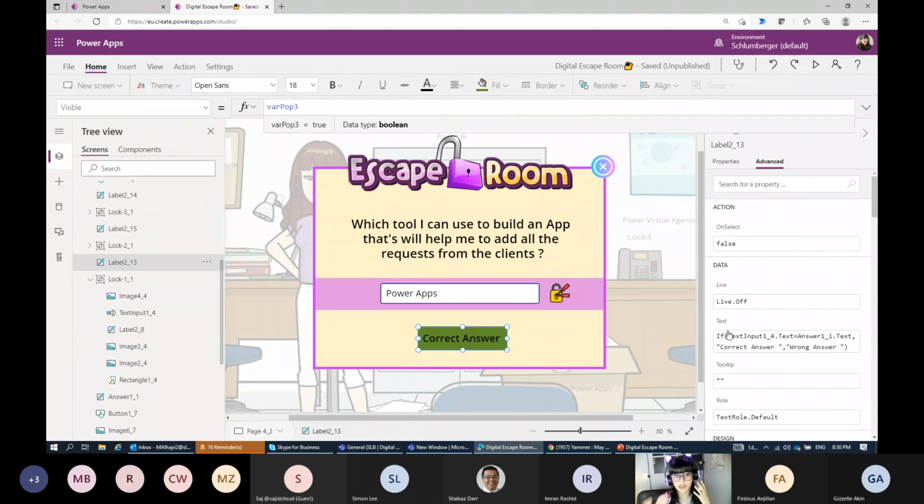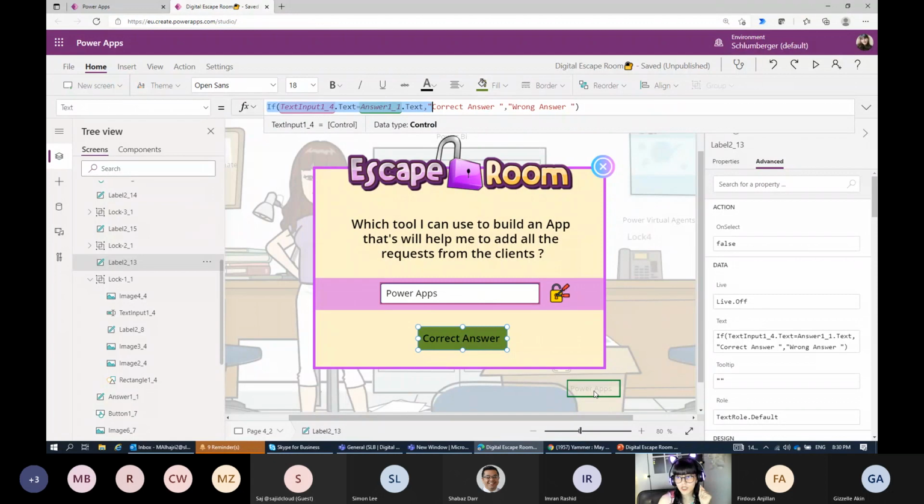Okay. The question here, how can I make it green or red and correct answer, wrong answer? How can I do this? It's really easy. You just need to change something within the text and the color actually. For the text here, I'm doing the same thing. I'm checking the text input.